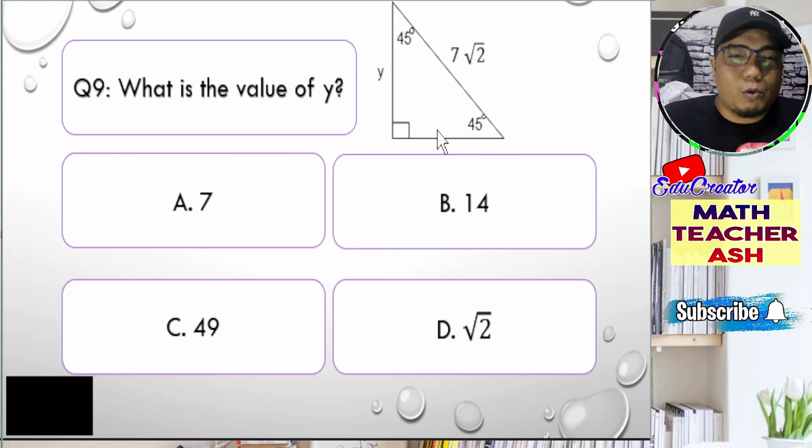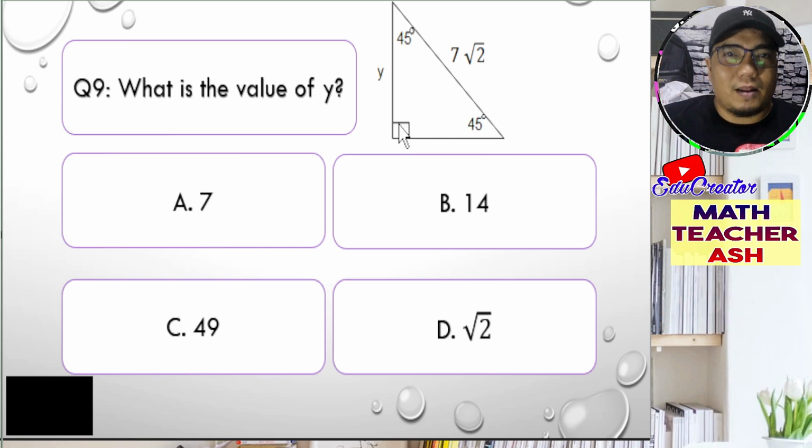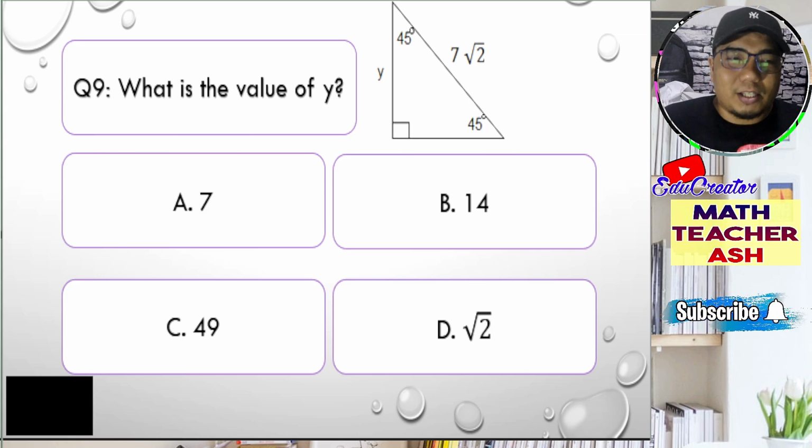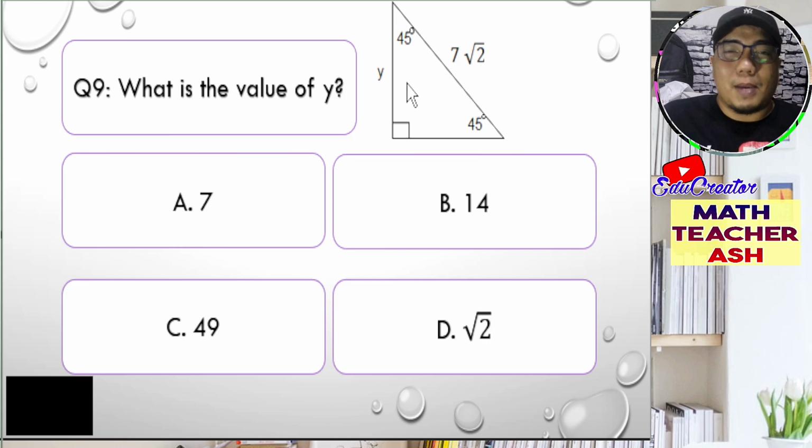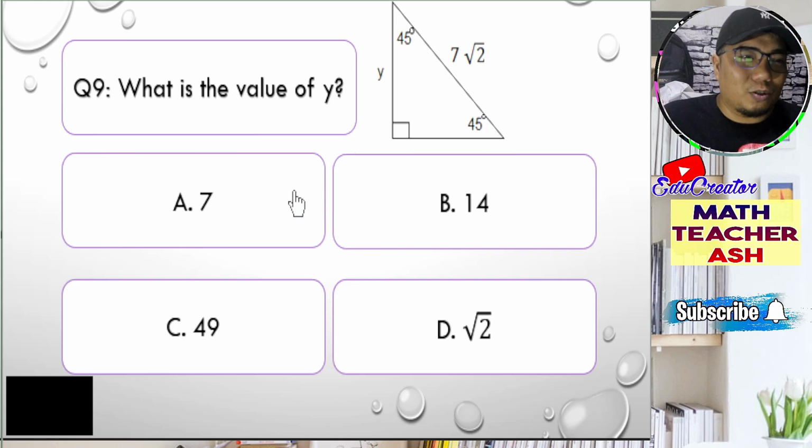Alright, math learners, if we study our figure here, we can see that this triangle is an isosceles right triangle because this is 45, 45, 90. Now, in the context of the special right triangle, specifically an isosceles right triangle, the hypotenuse is the leg times square root of 2. Now, our legs here are this one, okay? The one forming the 90-degree angle. Okay, now if you have a square root of 2 for your hypotenuse, what you will do is you just eliminate that square root of 2 and that is automatically the measurement of your legs. So the correct answer for this given question is 7.